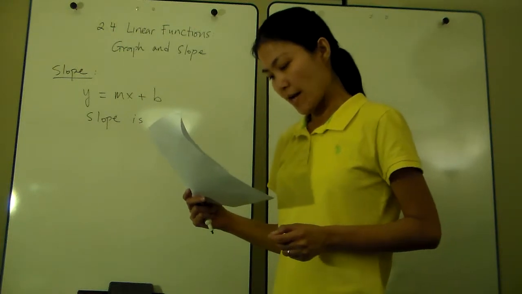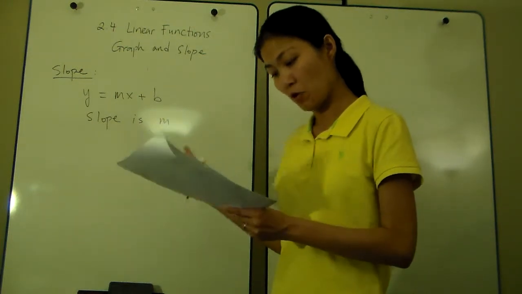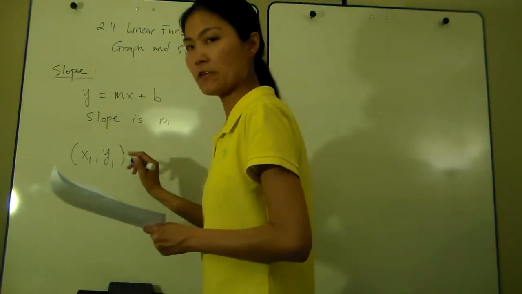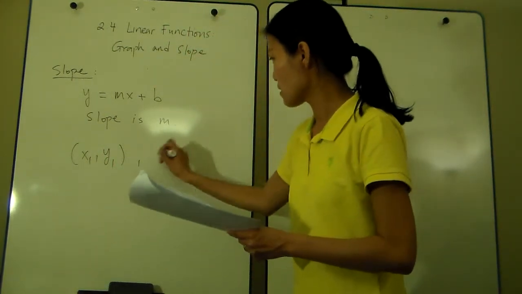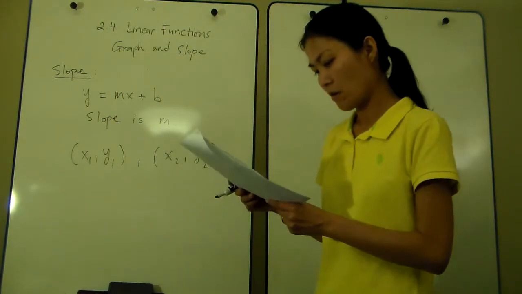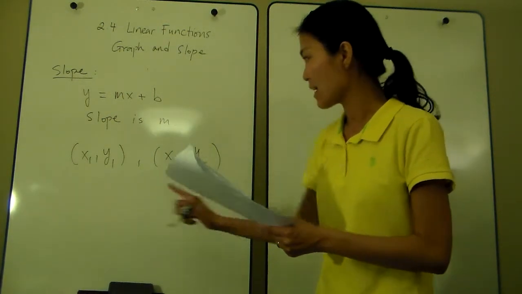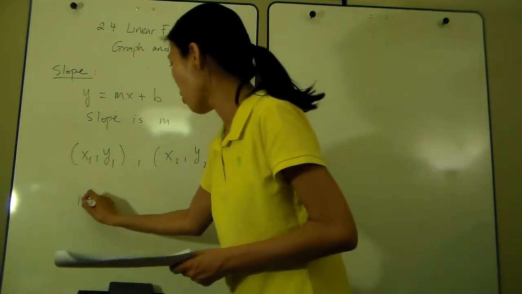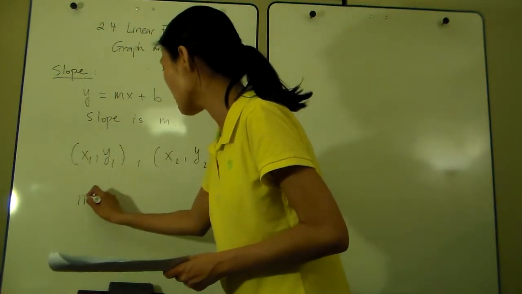The slope of a line containing two ordered pairs. The first ordered pair is x sub 1, y sub 1. This is just notation. And the second ordered pair is x sub 2, y sub 2. The slope of a line containing these two points is given by the formula we have here, m is equal to